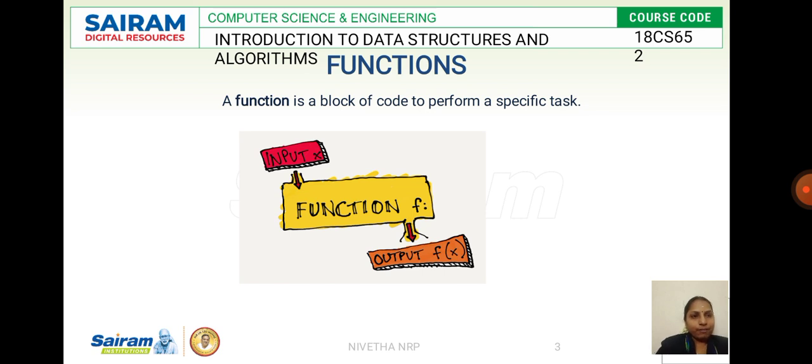Usually we give an input, and that input will be processed and you fetch an output from that. This you give through a function. Input is a part of the function, the operation it performs is a part of the function, and the output is a part of the function. That is why a function is termed a block of code to perform a specific task. This instruction we give to a computer, we will not be able to give directly to the computer. We give it through a set of instructions, that we call a function.